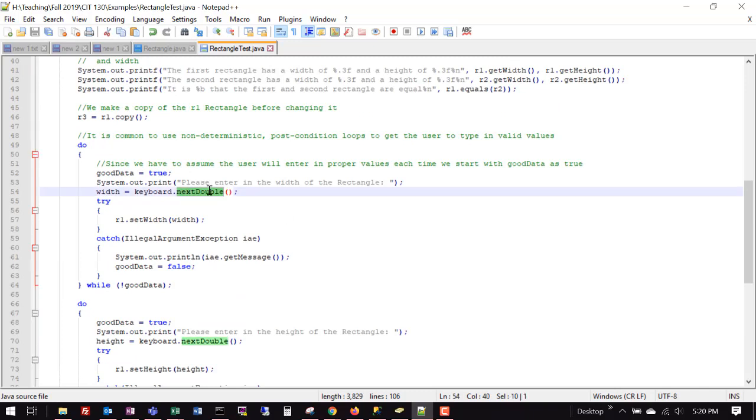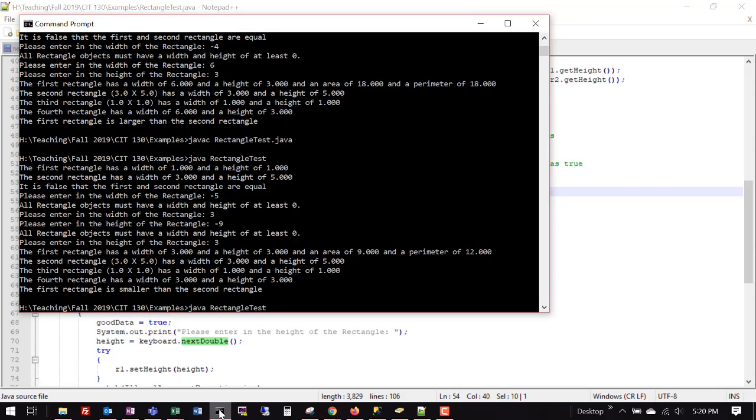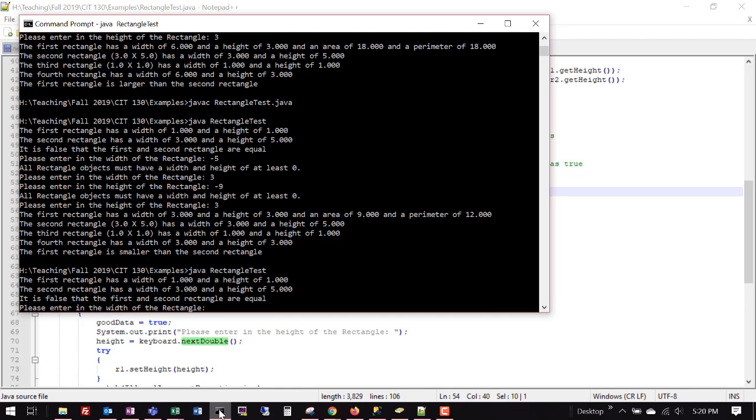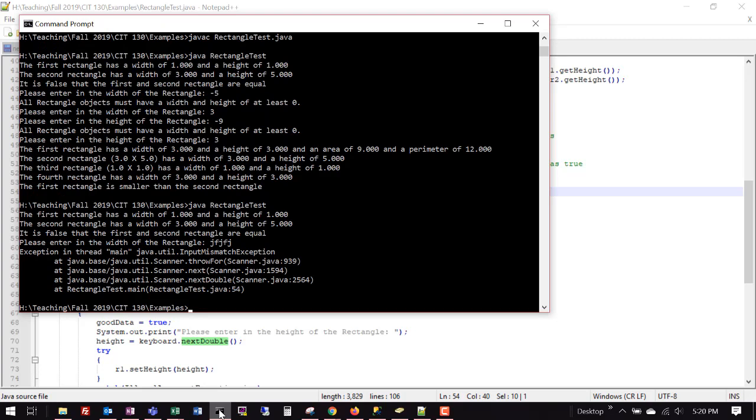But what if the user doesn't enter in a double here? We can see what happens if I go out here and I type in a string. The program crashes just like it did before we had exception handling with the illegal argument exception. But we see here the exception in thread main is an input mismatch exception. Again, looking at what we call the stack of code, the scanner on line 939, which we didn't write,